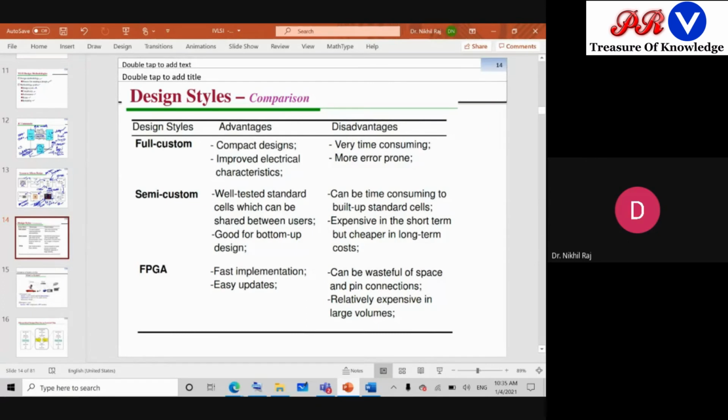Whenever we design a circuit, there are three possible ways. One is called full custom design, another is called semi custom, and another is called FPGA based design. After all, what is the goal? You should get the hardware component. Full custom means from scratch level, the designer is involved in the process of fabrication.